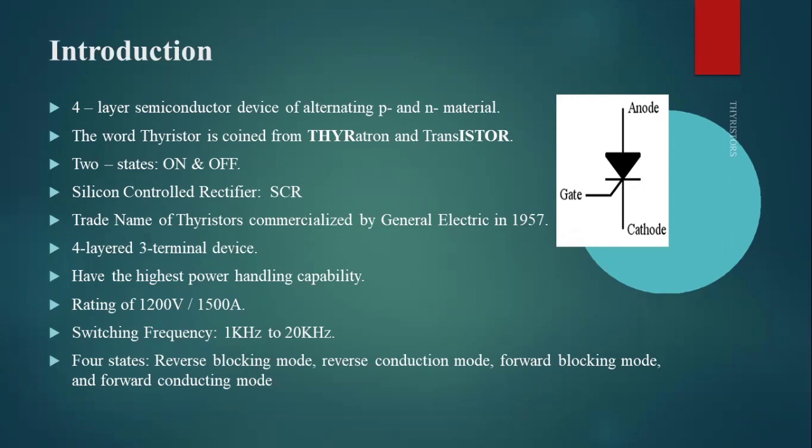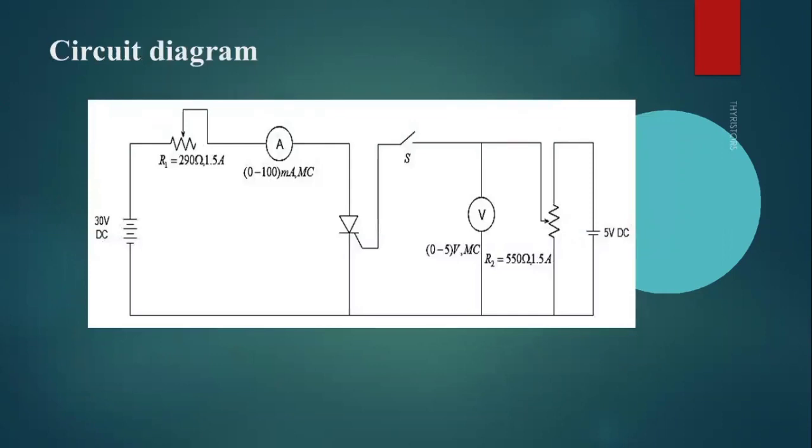Okay. Now, this is the experimental setup. The experimental setup we are doing for finding the latching current and holding current. So we will be using two DC sources, and we will be setting that to 25 to 30 volt. Then we will be also using a 5-volt DC source. Then variable resistances will be there, 290 ohm, 1.5 ampere, then 550 ohm, 1.5 ampere, and a meter in series,